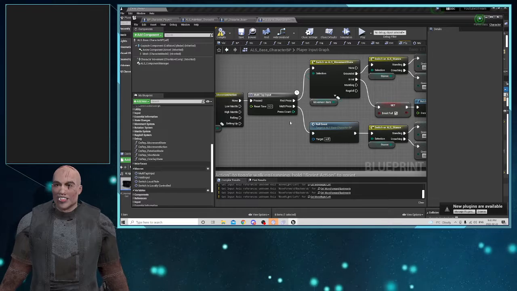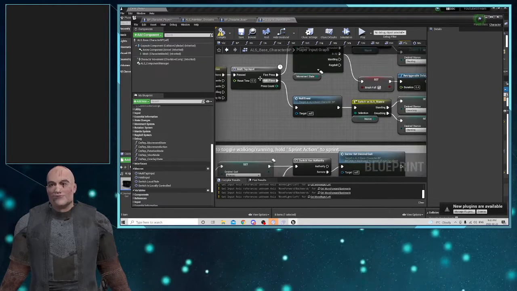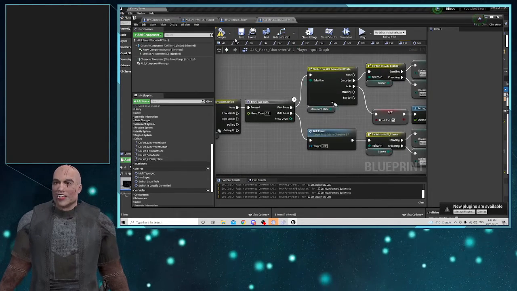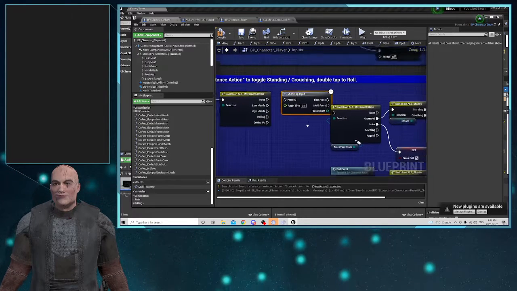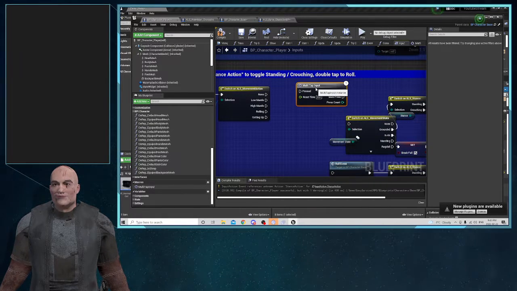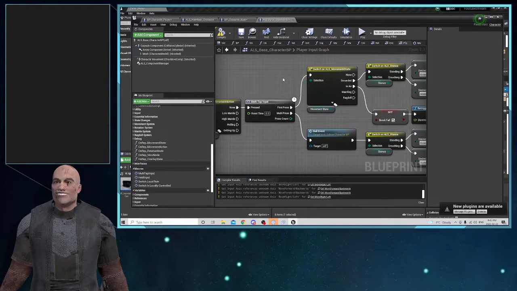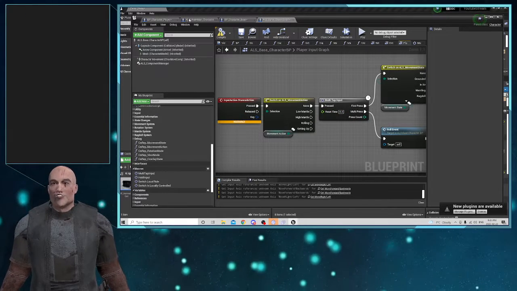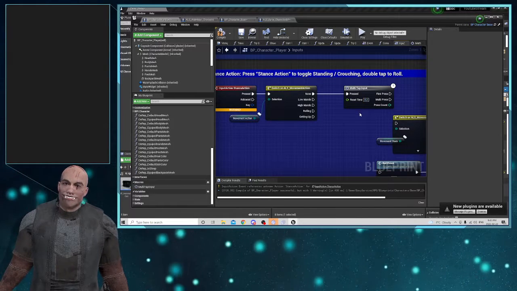And if it's just one press, it will do a crouch, but if it is a double tap, it will do the roll event. So we'll go back here. We'll do none. There's a time reset. Let's see if they actually have, yeah, they have 0.3 on the time reset here. That's like a slight delay